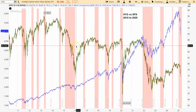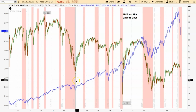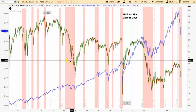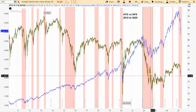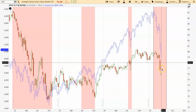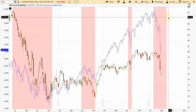comparison between the S&P 500, that's this blue line over here, and the HYG, the high-yield corporates. And what you can see in here is this red shaded areas, which shows you every time there was a big decline in one or the other, well, they move down together. You could see every one of those shows you the strong correlation between the stock market and HYG. That's really important when you look over here, because you could see right now, of course, they're both falling very hard. That means if you can time one, you can time the other, and I'm going to show you HYG